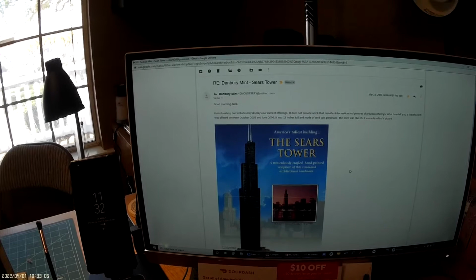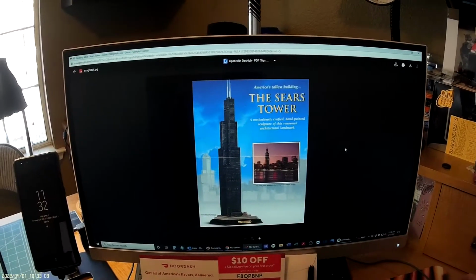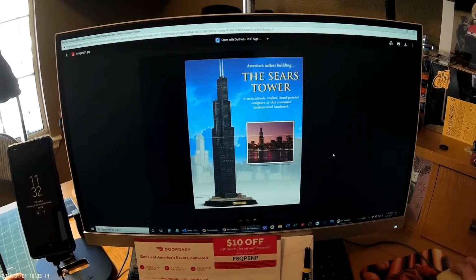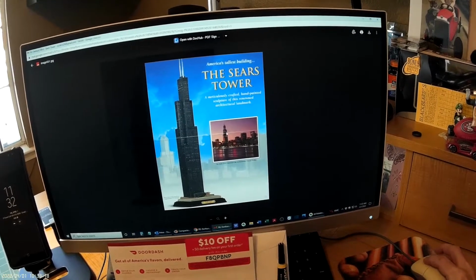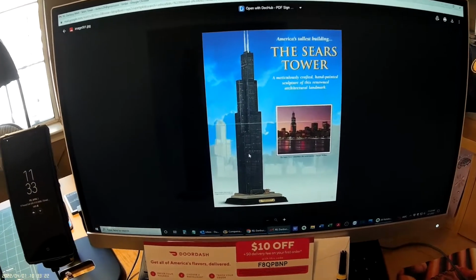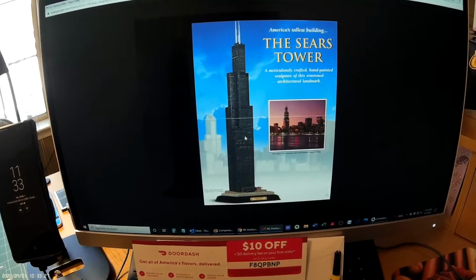So that was very cool that she gave me this. This is like the official picture of the building. And then you can see it's a nice picture in the background of it lit up with the yellow lights, which is why I like that. I noticed on here they do have some grayed out windows, and then they've got lighter windows, maybe to